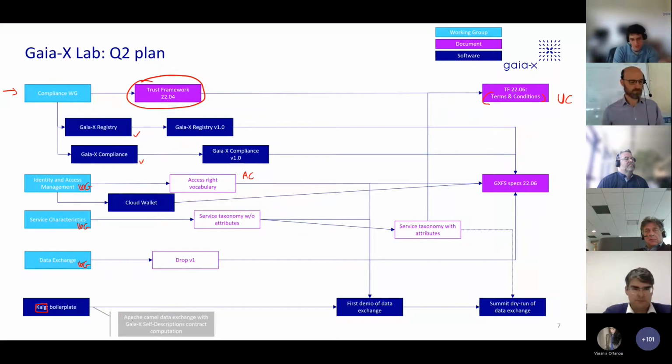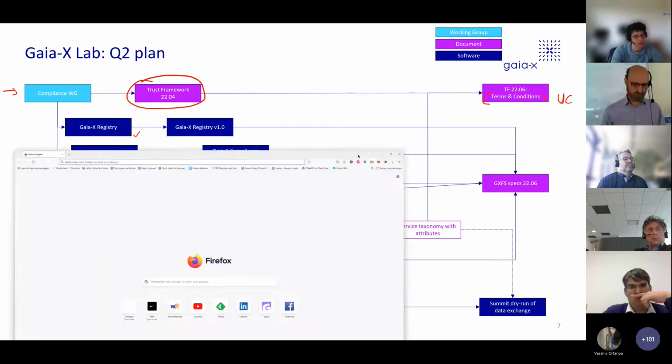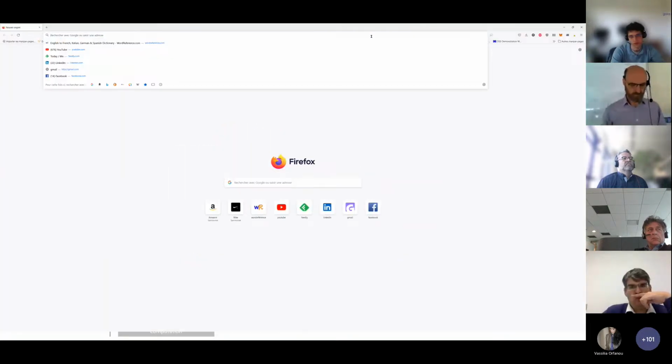And CALG is based on Apache Camel, where we will implement a new Gaia-X component that will capture the subscription coming, validated by the trust framework, and will contain attributes that we can compute policy on. So now I need to jump and start to show a bit how it will look like with the different pieces put together.